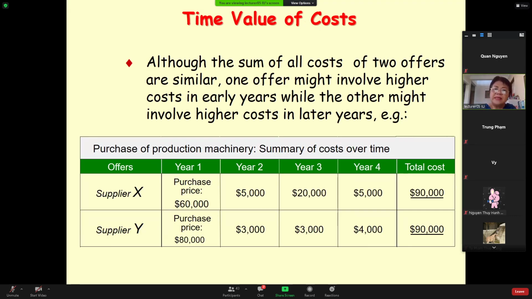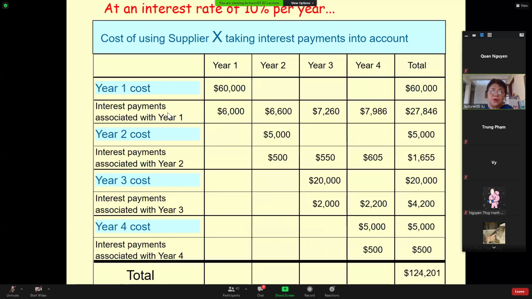Another example is the time value of cost. Although the sum of the costs of the two offers is similar, one offer might involve higher cost in the early years, while the other might involve higher cost in the later years. And this shows you